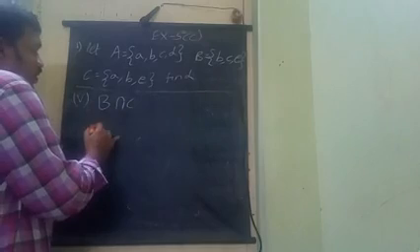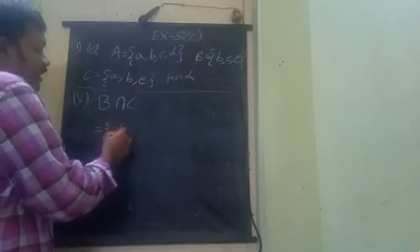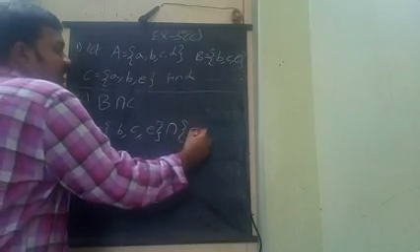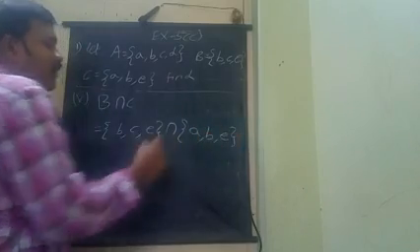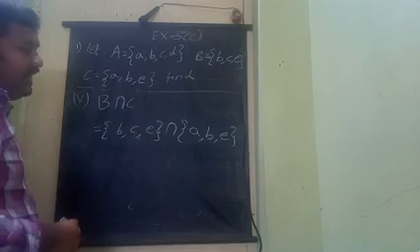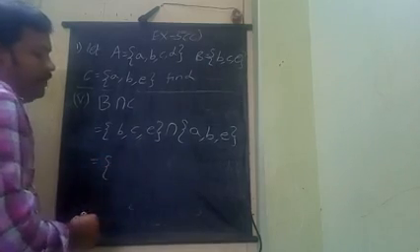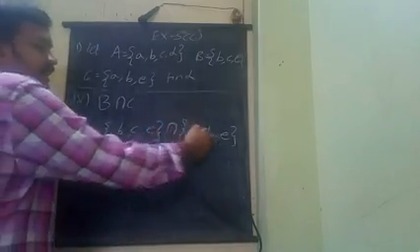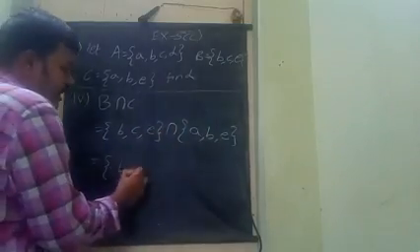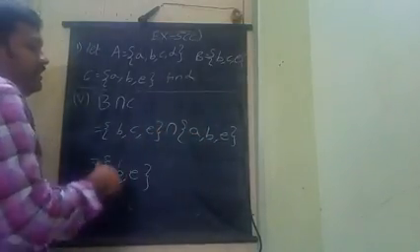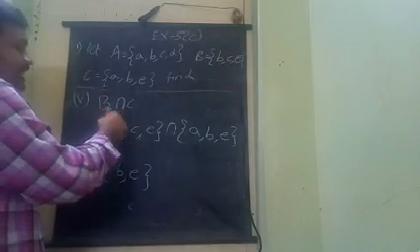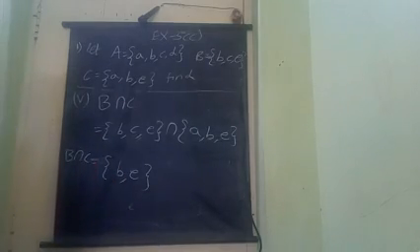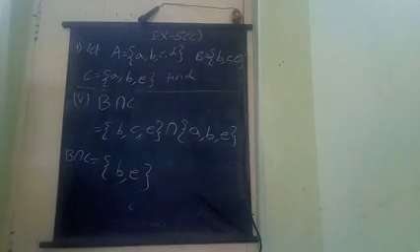So here is the sum B intersection C. Write the elements of the B set. The B set elements are B comma C comma E. The C set elements are A comma B comma E. What do we have to do here? Intersection means taking out the common ones. In these two, which are common? B is there, so write B. C is not there, leave that. E is there. So we write the ones common in both sets. That is called intersection. So B intersection C answer is B comma E. With this one, first Roman is completed.